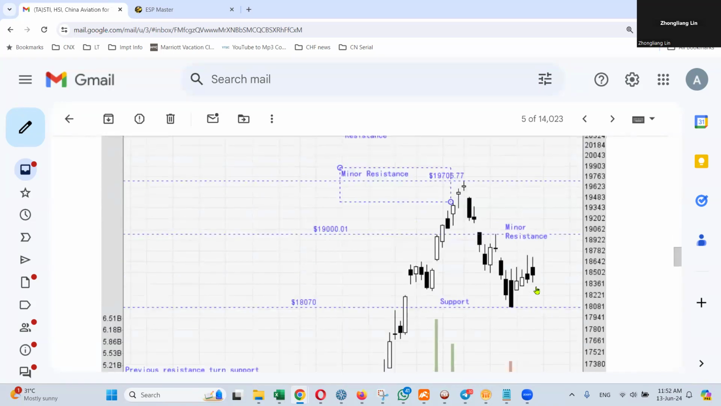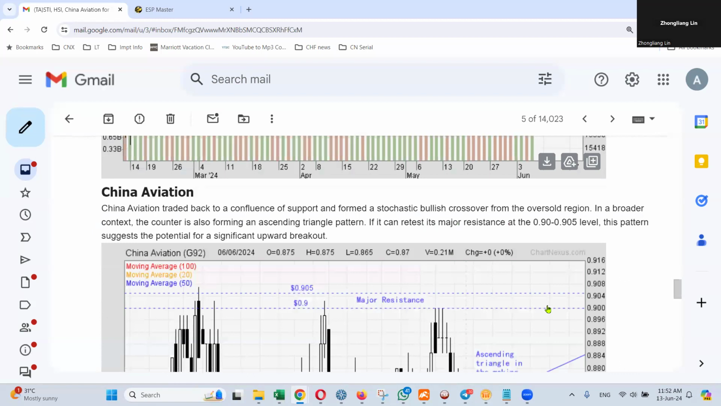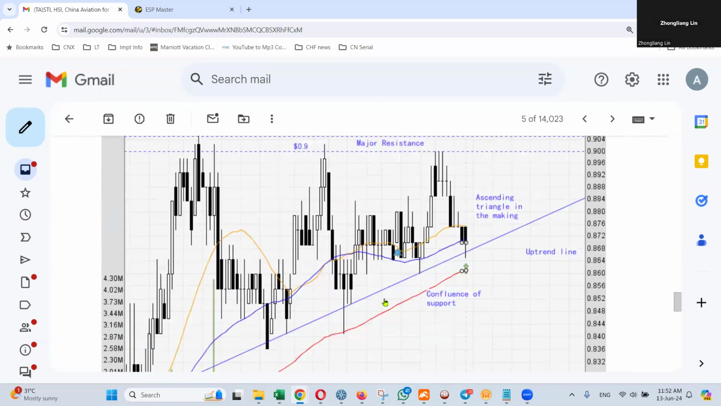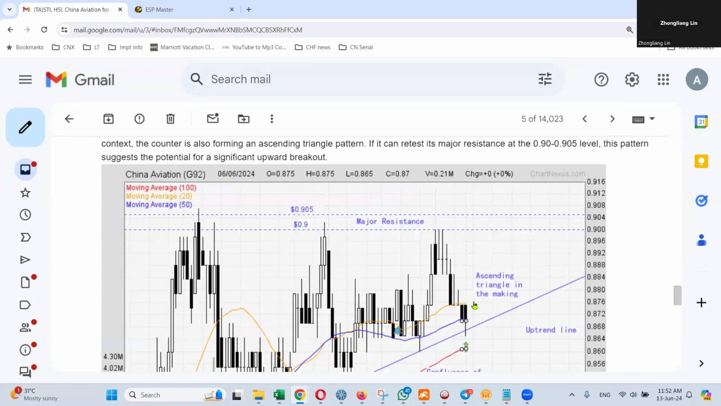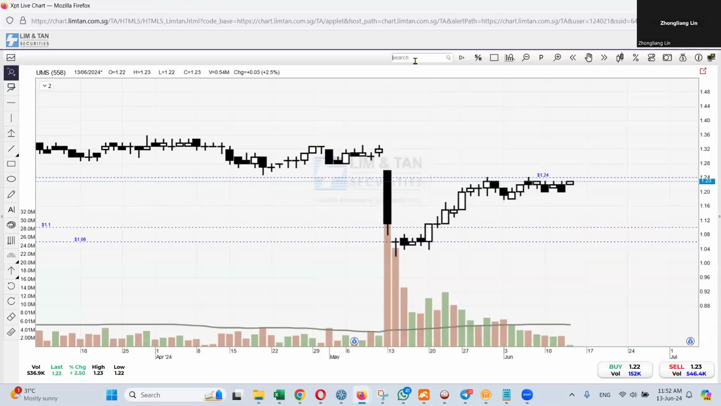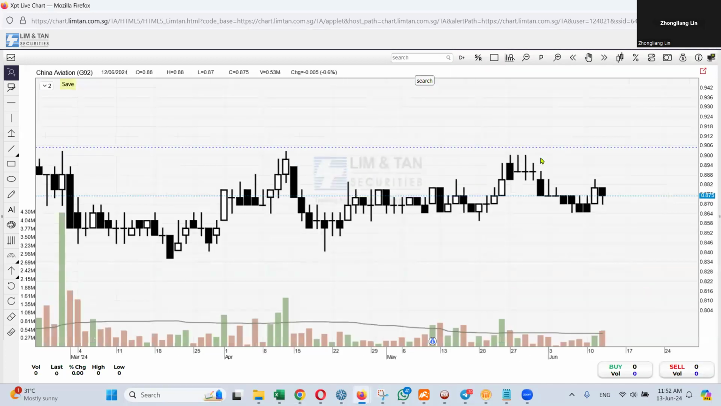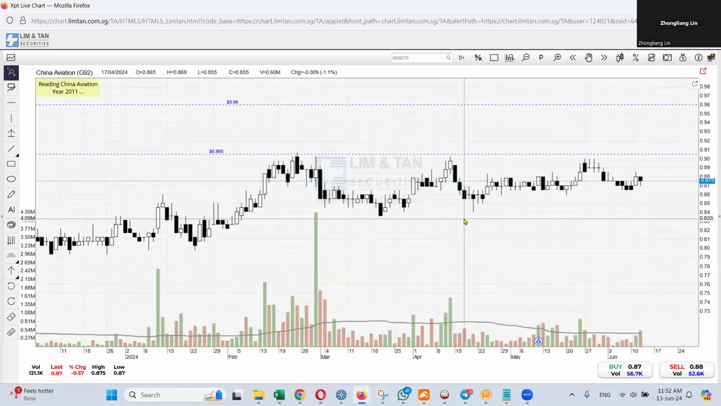Hang Seng continues to struggle. You can see here, then coming down to support level is just a matter of time. And then China Aviation is potentially forming an ascending triangle. Okay, so we shall see how China Aviation performs. So China Aviation, the ascending triangle, the chance is